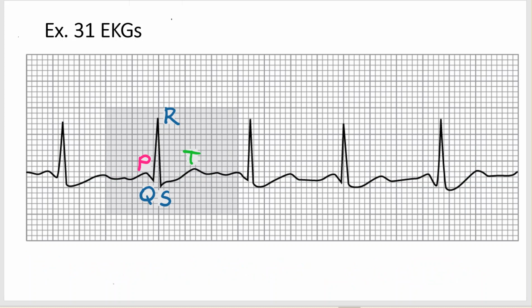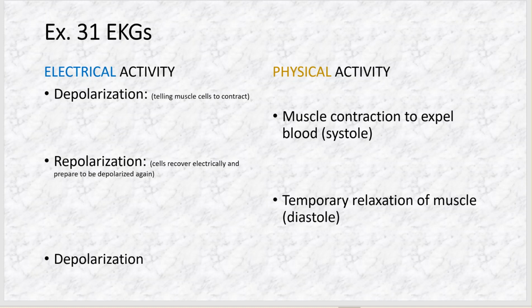And here's our graph labeled with all the waves. P, first bump, then QRS, the big spiky thing. T wave follows QRS. All right, so the first part, or first page of your lab report has you fill